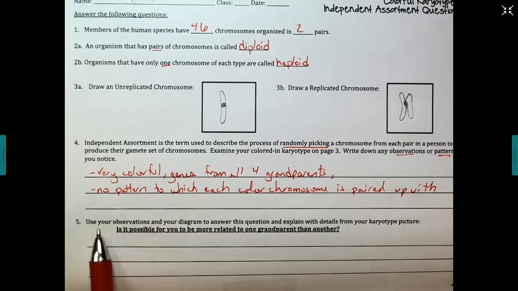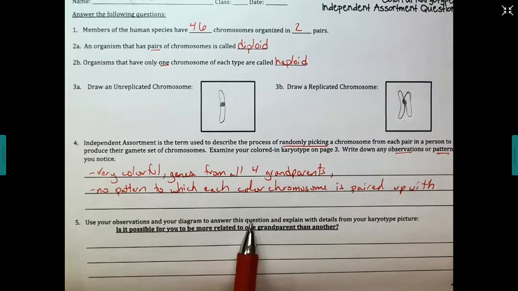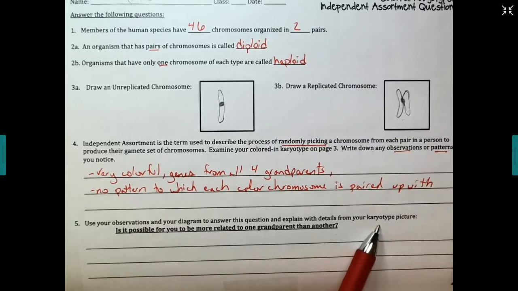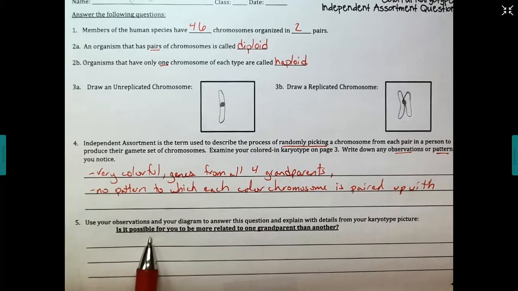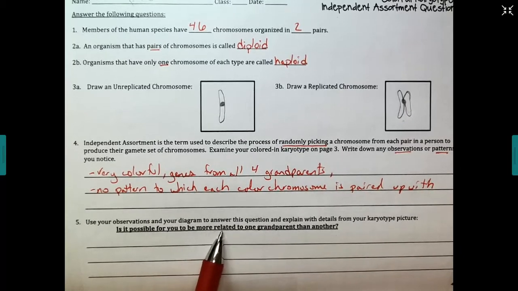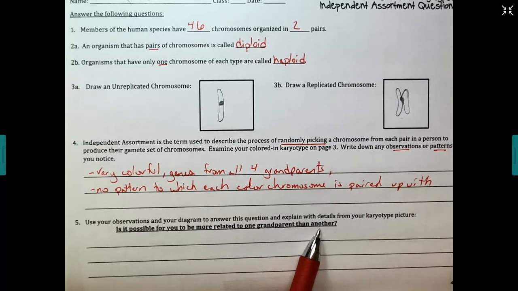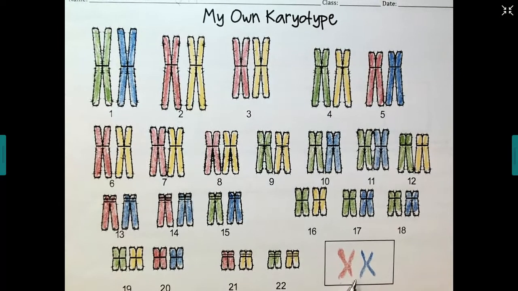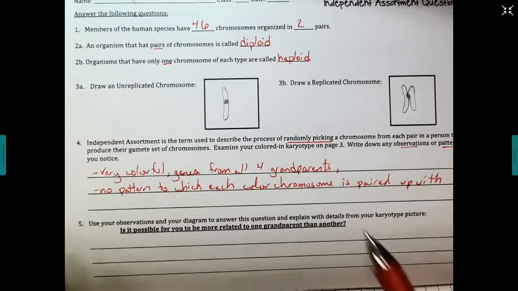So, number 5, use your observations and your diagram to answer this question and explain with details from your karyotype picture. Is it possible for you to be more related to one grandparent than another? That's a really good question. I think I kind of already answered that just a little bit looking at this karyotype. If I go through and count the different colors, I'm pretty sure there's a little bit more green than there is of the other 3. And if I go back in my notes, the green was my paternal grandfather. So, yes,